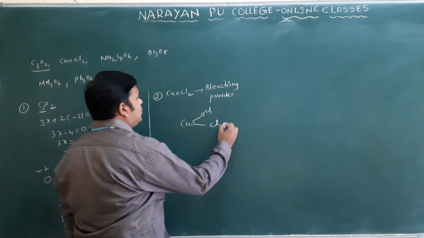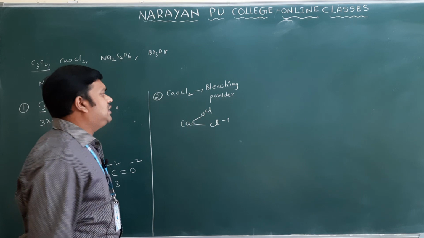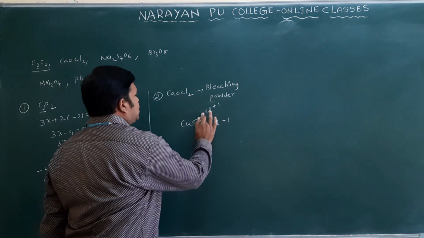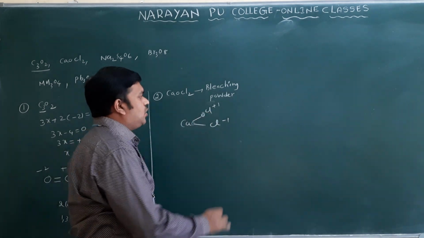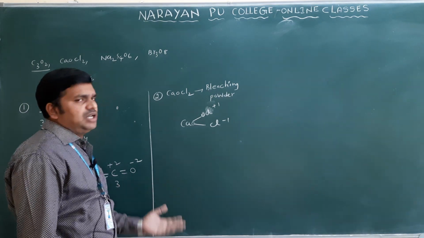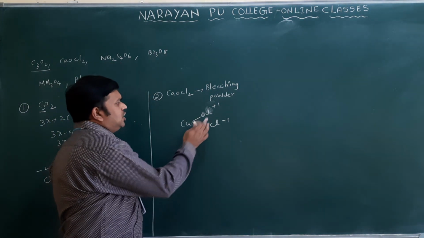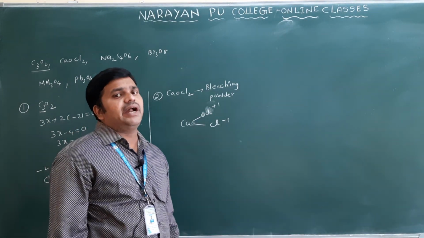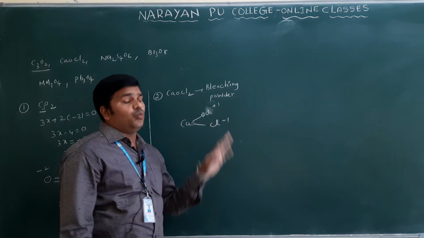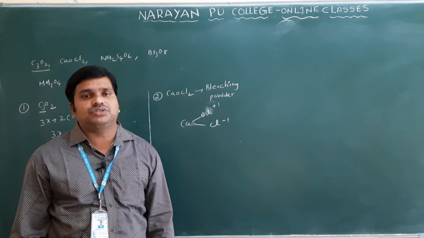One chlorine shows a -1 oxidation state, and the other chlorine shows a +1 oxidation state only. Because if you break the bond here, you get +1. I'll explain here. Or you can imagine it is attached to a more electronegative element, so the oxidation number will be positive. But the 2 chlorine atoms do not show the same oxidation state. One chlorine shows -1 and one chlorine shows +1 only.